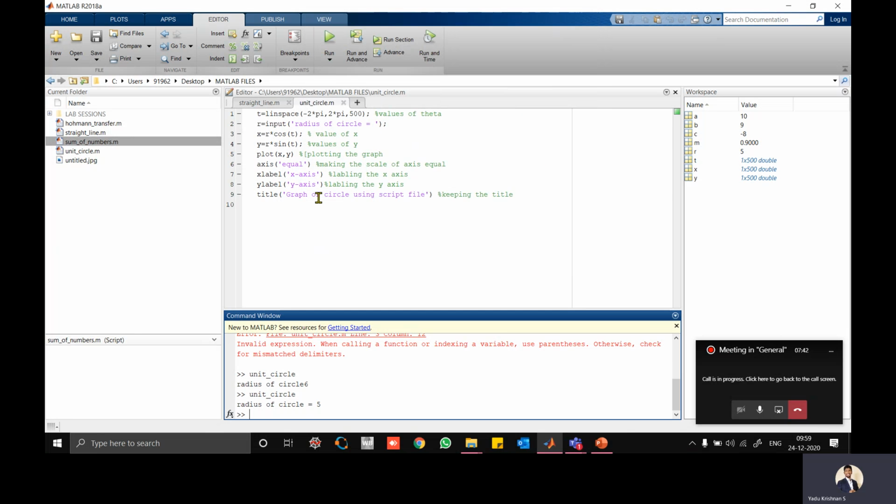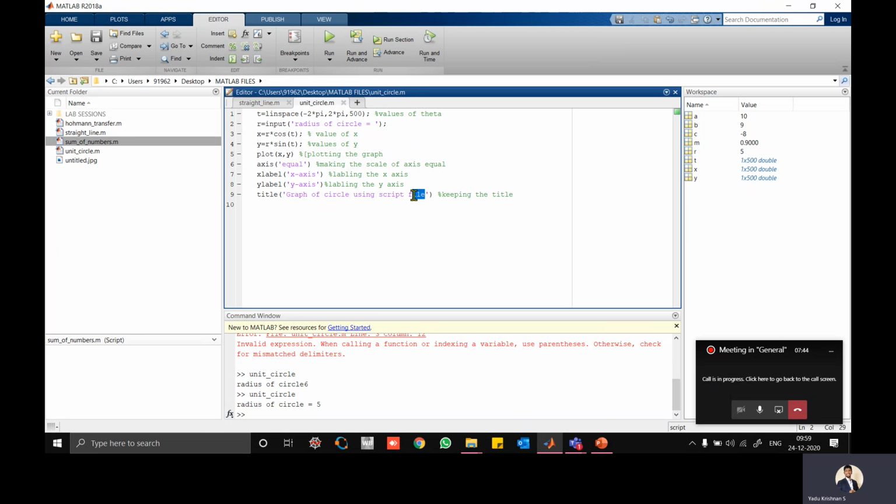So how will I do that? I'll remove a little bit here: graph of circle of radius equal to what? I need to show the radius also, but the radius is a number, and graph of circle of radius is a string.